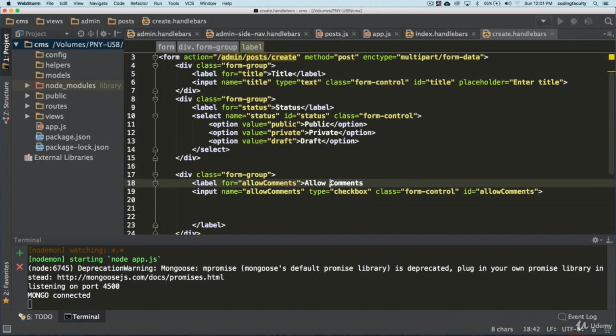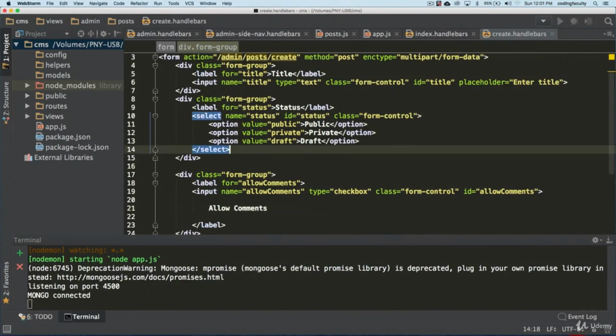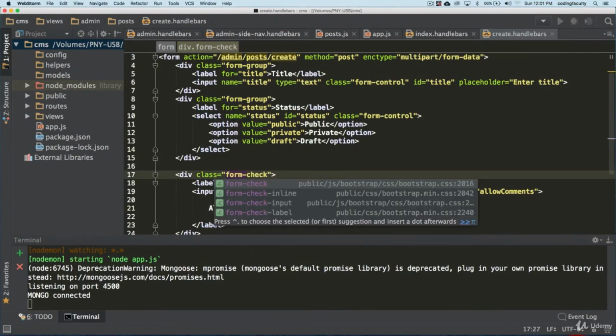Let's just do this real quick. Let's see if this looks better like this. We wrap it around. Okay, refresh, and yep, that works. There is a class that we can use called form-check in Bootstrap 4.